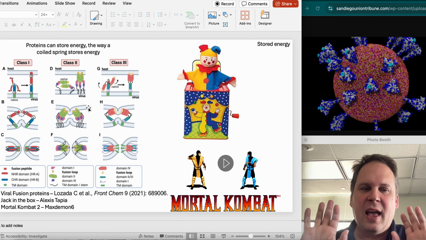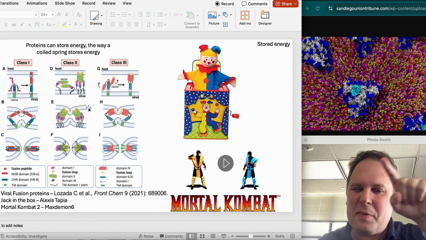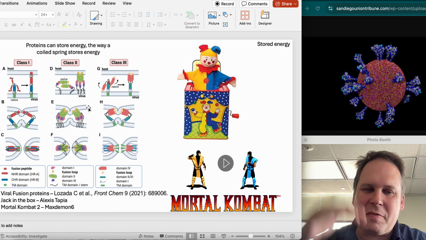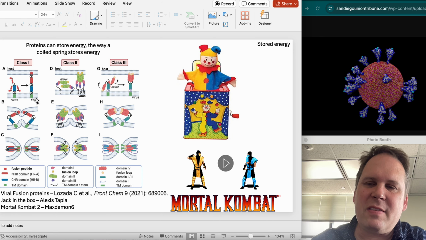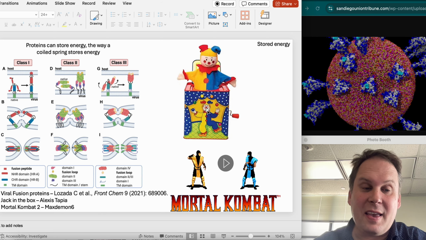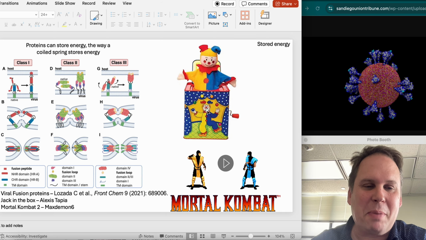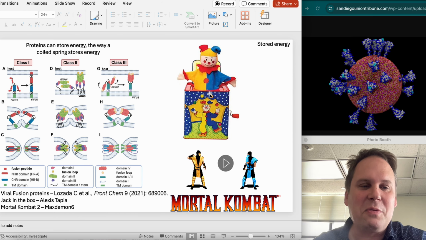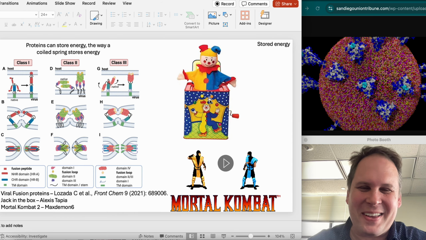Okay, you're going to look for stored energy. You're not going to follow the money. You're going to follow the free energy. And we're going to go from high stored energy, and we're going to dump that out step by step and get to lower stored energy. It's kind of the way a Jack-in-the-Box stores energy. So there's a person at the beginning that actually punches that stupid little clown thing down into the box where it belongs and closes the lid, as it should be. Yeah, Jack-in-the-Boxes. Terrible toys.